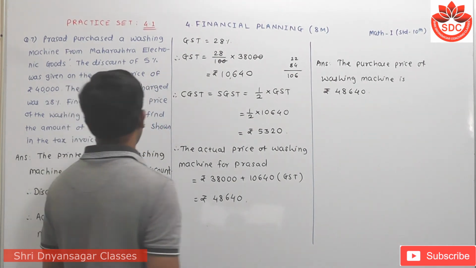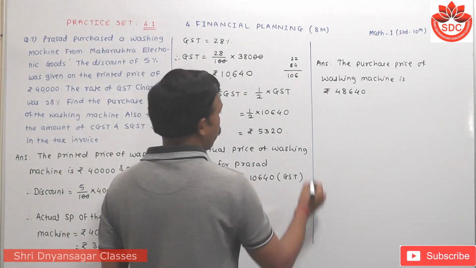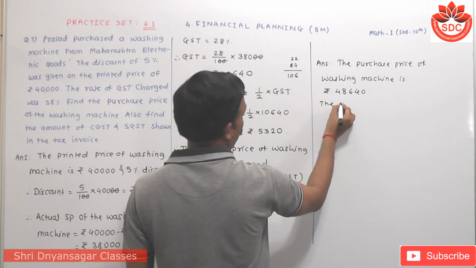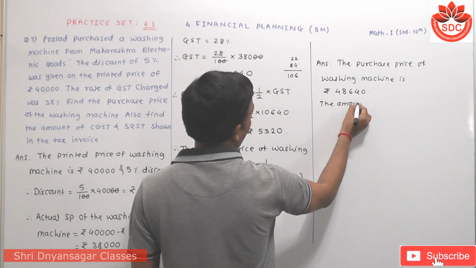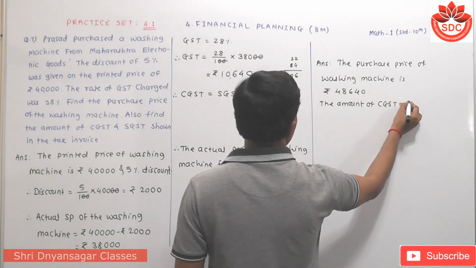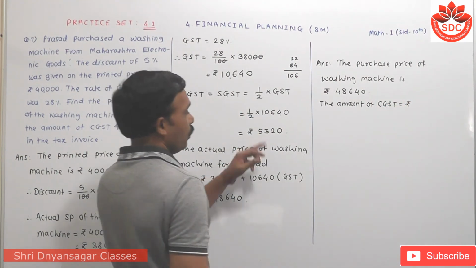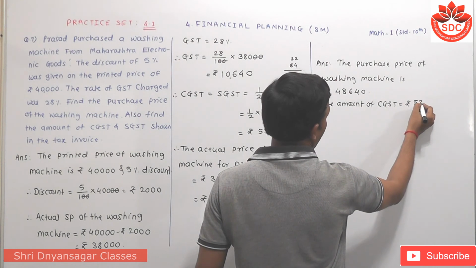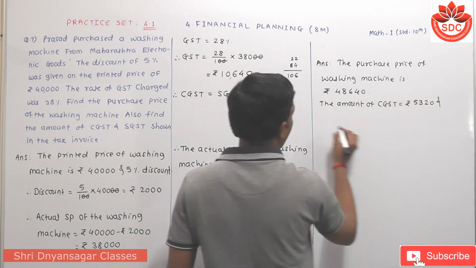Then the amount of CGST is equals to rupees how much? 5,320, and the amount